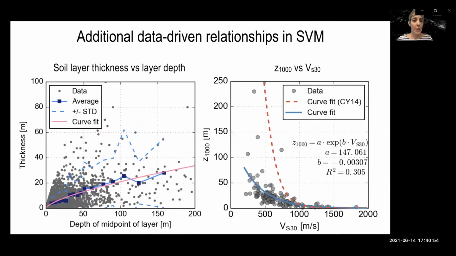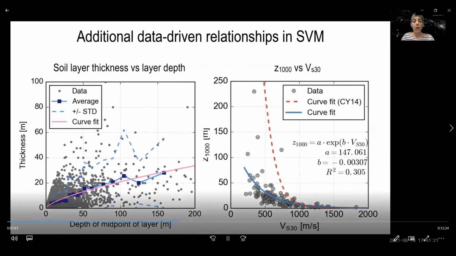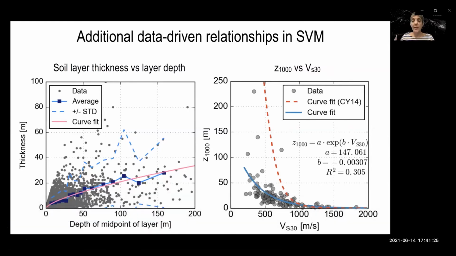The additional things we learned while deriving SVM were the following. We derived the variation of the soil layer thickness versus layer depth. Even if the profile derivation is smooth, in order to implement it in a computational model, we ultimately need to discretize. And that discretization was led by the data. There was a systematic variation of the velocity with depth that doesn't necessarily come from physics. It comes from inversion, or from the methodologies that we use to do invasive characterization, but nonetheless, that's the information we have, that's the information we use.